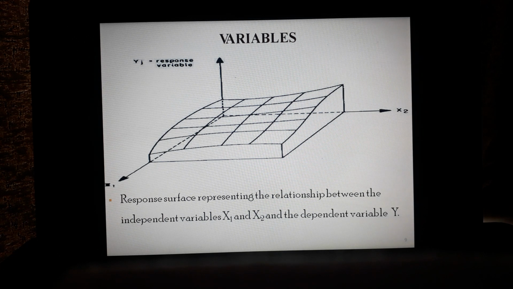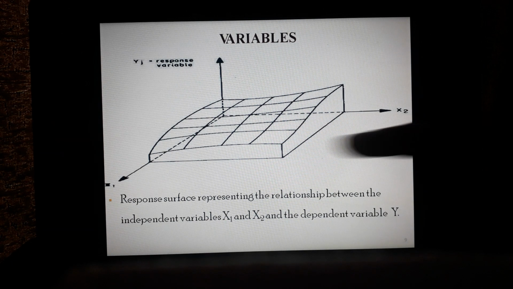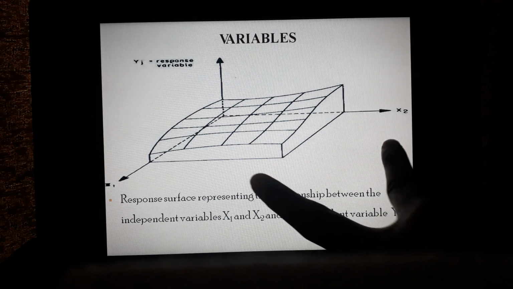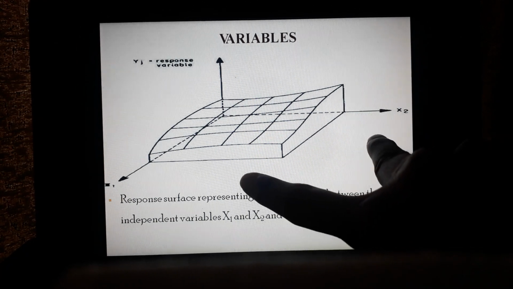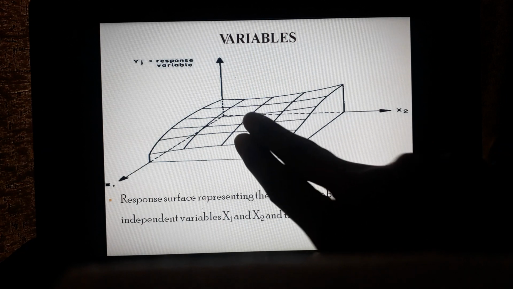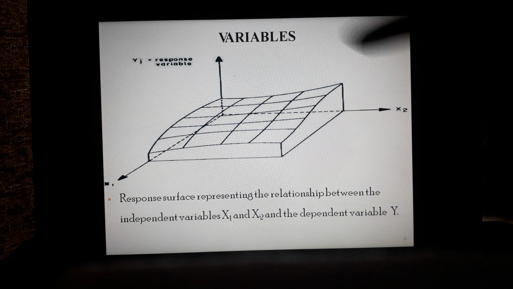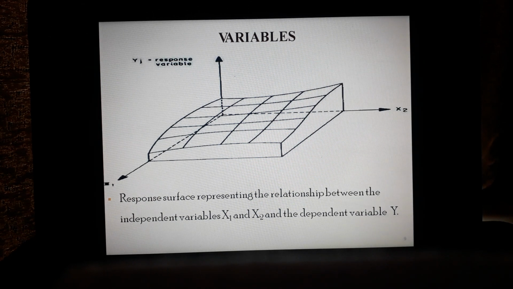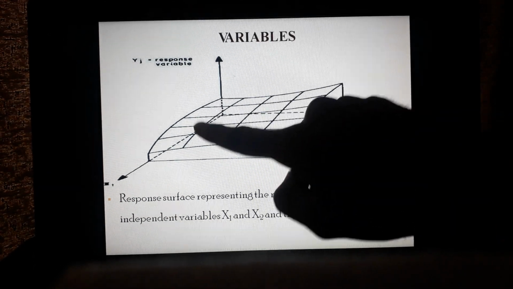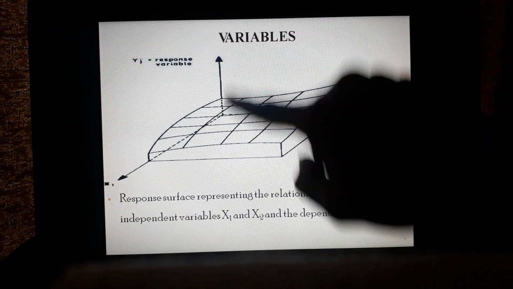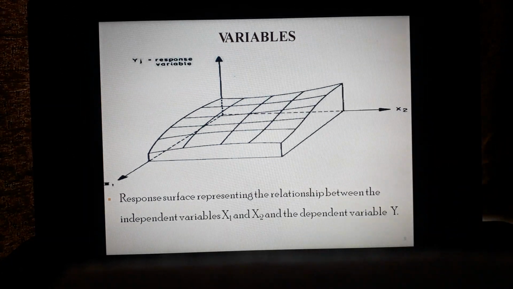So here, with the view of your 3D diagram, we can define our variables. In case of x1 and x2, these are the two arms of your x-axis, that is nothing but the x1 factor as well as the x2 factor. On the y-axis, you can see the response you will get. So your response surface plot can be plotted with the help of the y-axis, and with respect to these x1 and x2 axes, you can plot your factors all together.